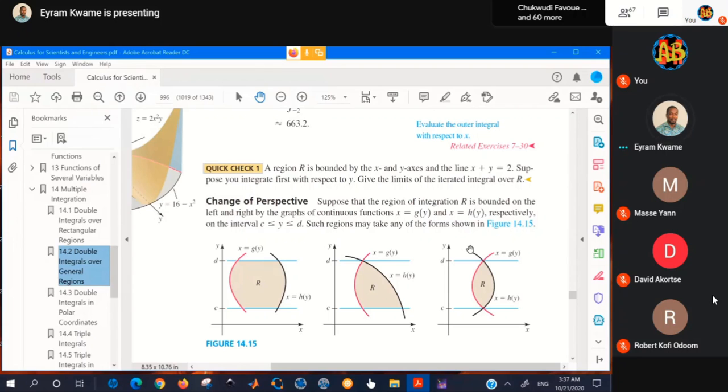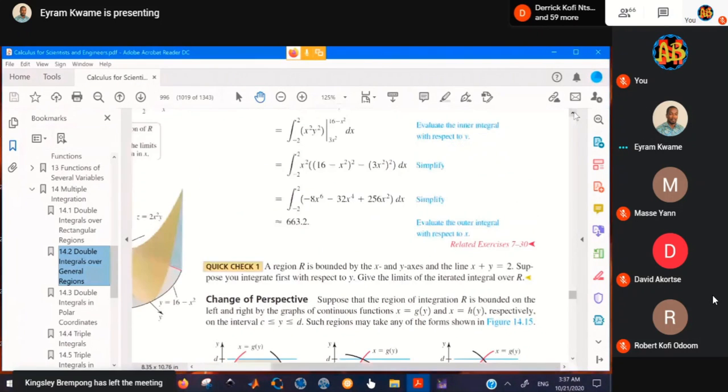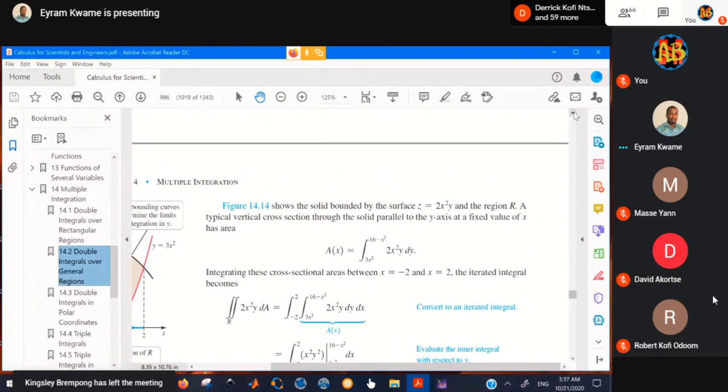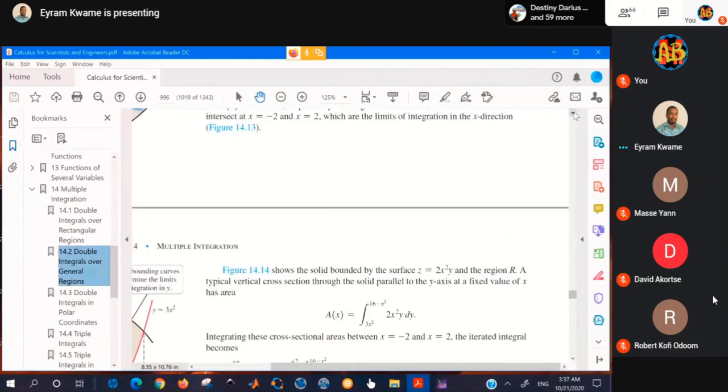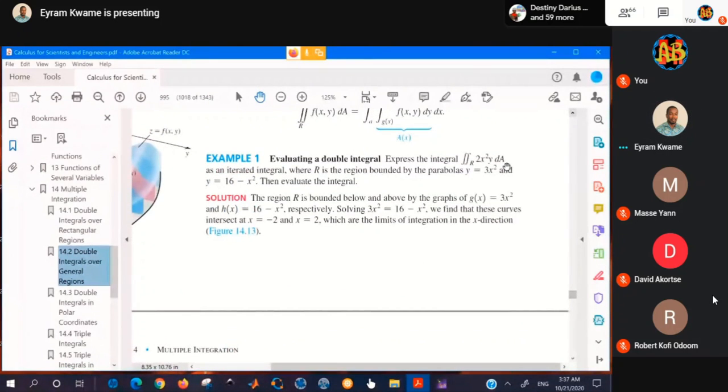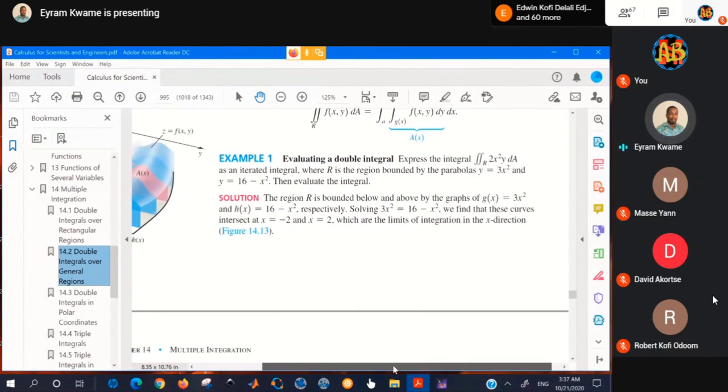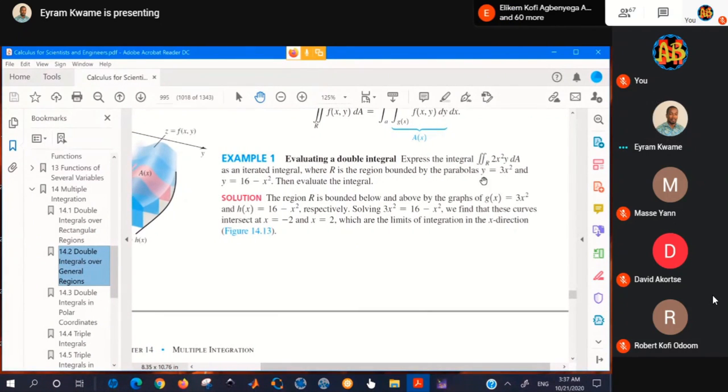So we are going to look at two different examples, which I think will fall into both categories. So let's look at example one, which basically talks about the region. What I'm going to do is plot the region for you to see. I'll have to plot those figures for you to see which one is which. I am using software to do the plotting, but it's something you can easily see. That is, if I take the two graphs,